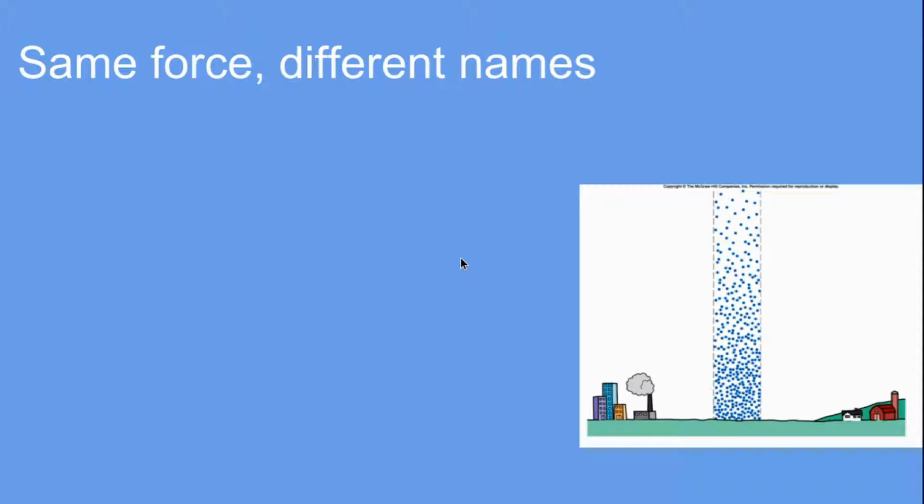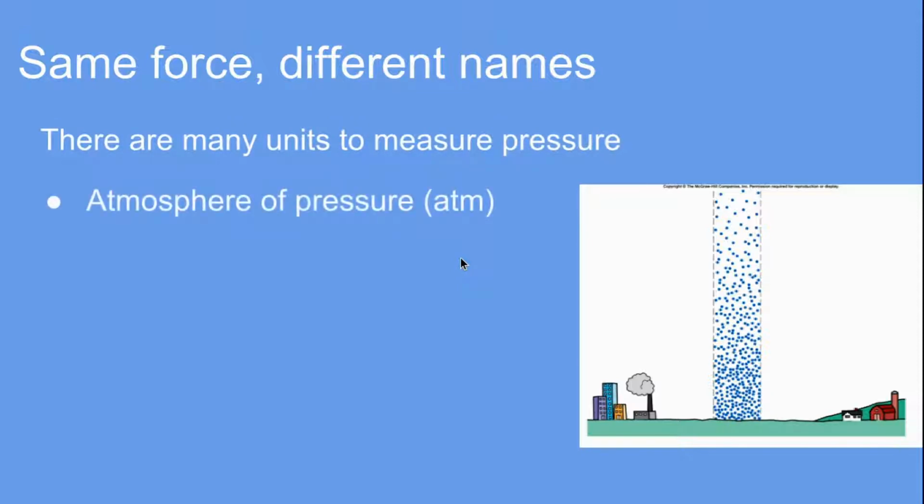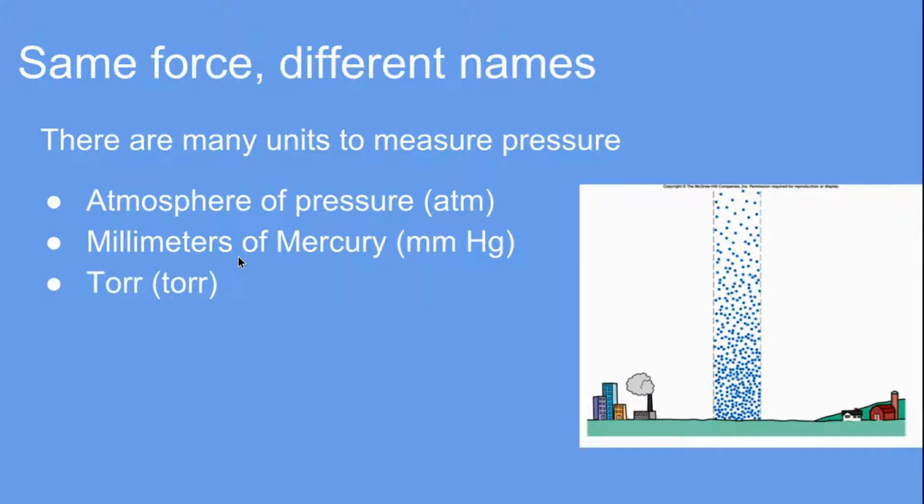All right, so going along with that, we have different units that we can use for pressure. One of them is that we take whatever the force of our atmosphere is at sea level, and we count that as 1 atmosphere. Another way to measure it, using the barometer, is in millimeters of mercury. This is the amount of mercury that pushes up into the tube of the barometer. And we also have the torr, which is named after Torricelli. And again, it's actually the same thing as millimeters of mercury because that was the measure that Torricelli used to measure